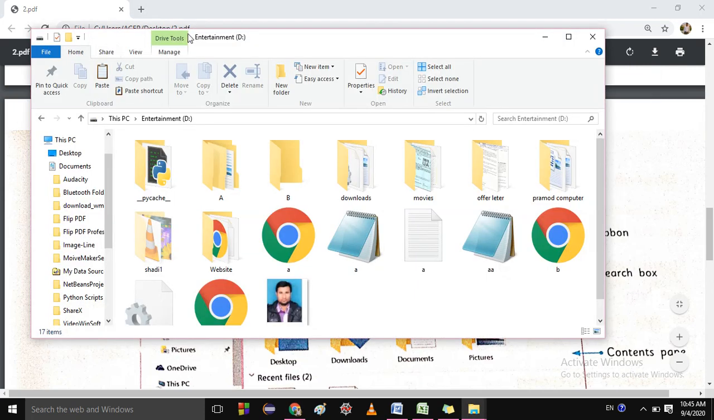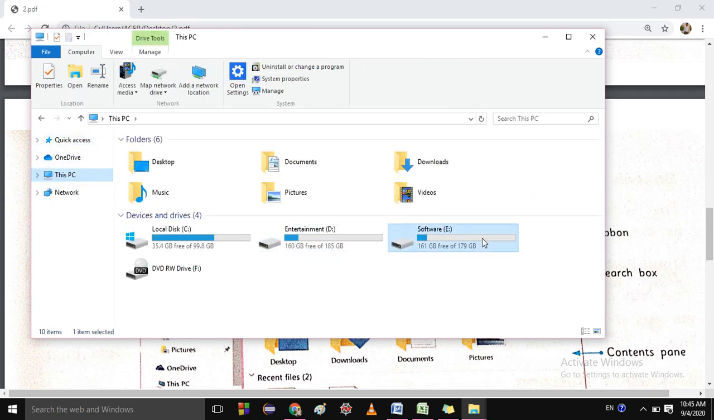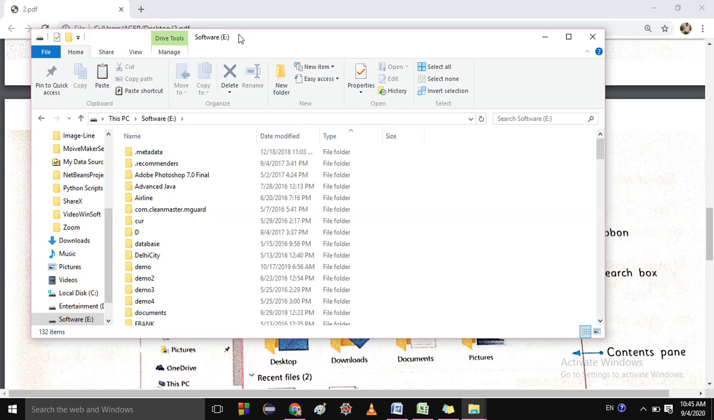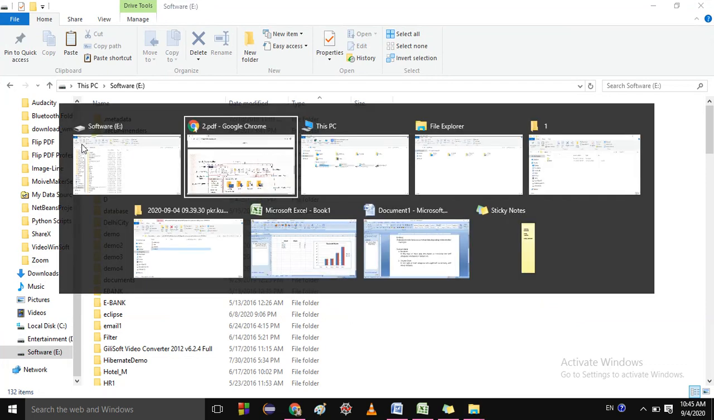So this upper side is called the title bar. Right now you are in the current D drive. Let me show you again. If I go to the E drive, just see here, E drive is mentioned. Okay. So this is the title bar. Next one,